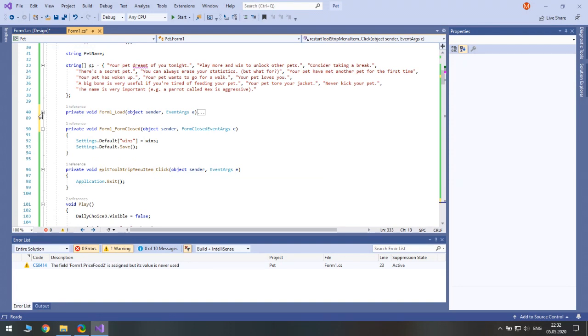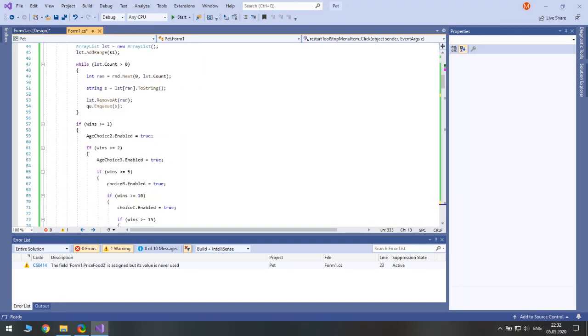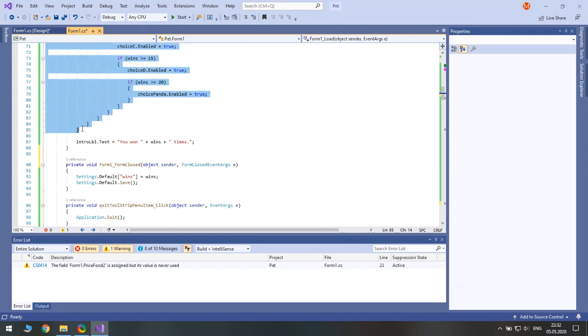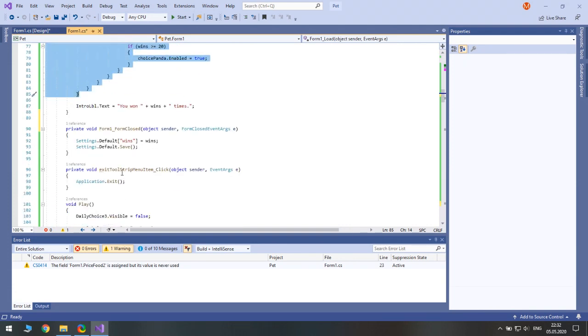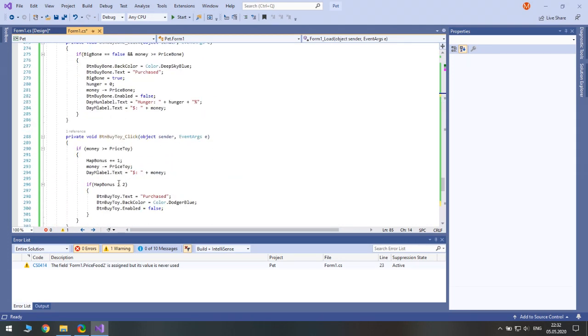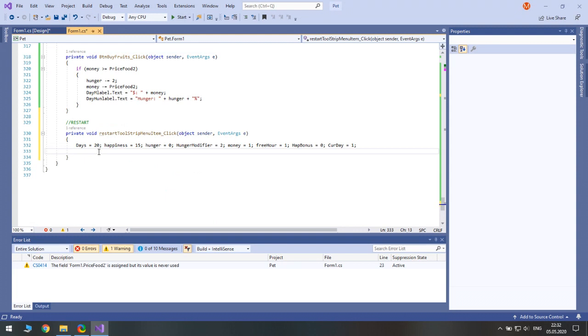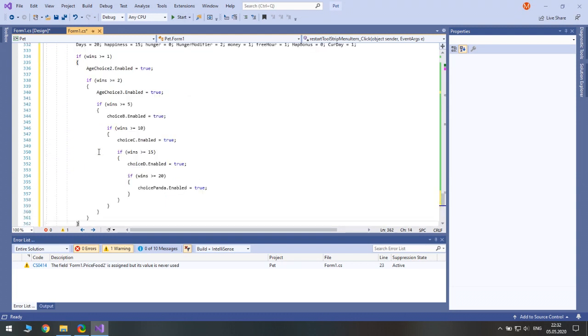It's in the form load. Yeah. So if wins, so from here up to here. And I just copy this and paste it here. Good.